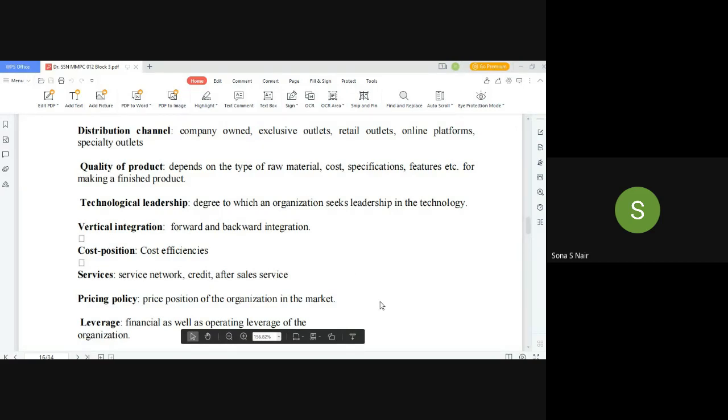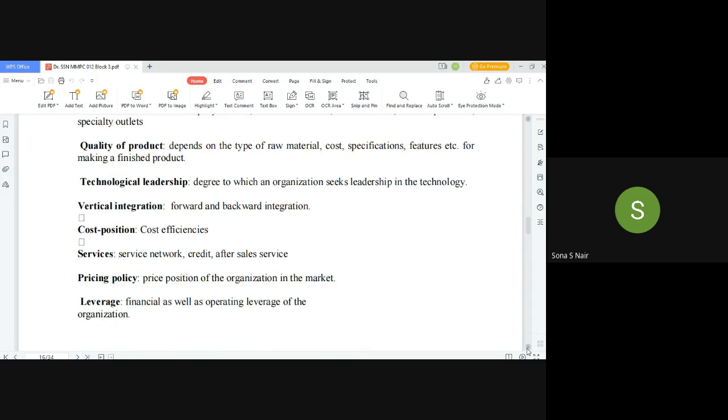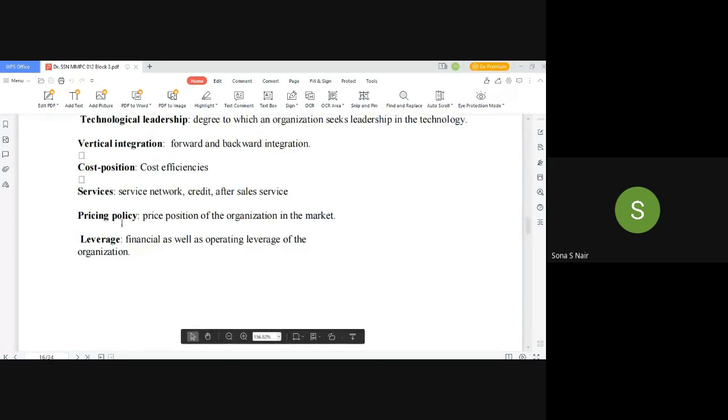Pricing policy, again, vis-a-vis competition, vis-a-vis the industry trends, vis-a-vis the average existing in the marketplace. Leverage: what all leverages do we have, financial as well as other operating leverages in the organization, advantages in the organization that might help us in the competitive strategy. So these are all dimensions which have to be looked at before we convert the competitive strategy, whatever is being decided, into the policies so that action and implementation can be done.